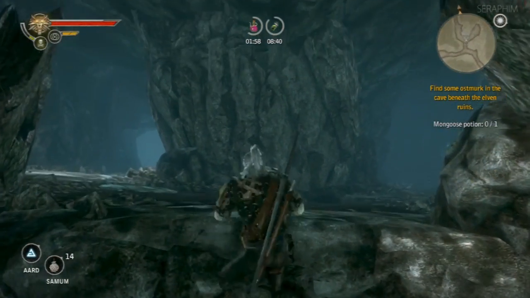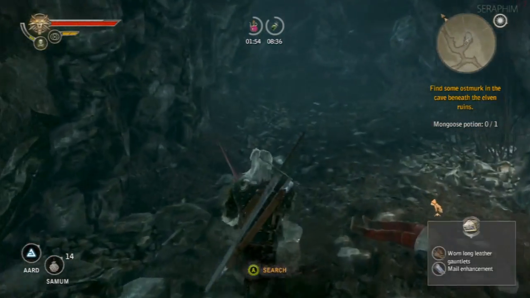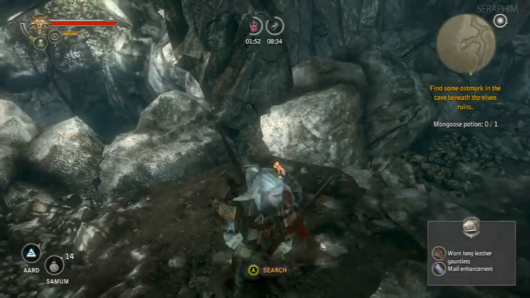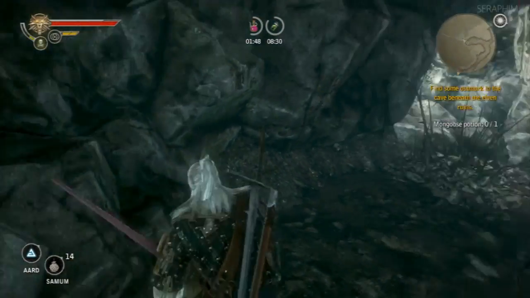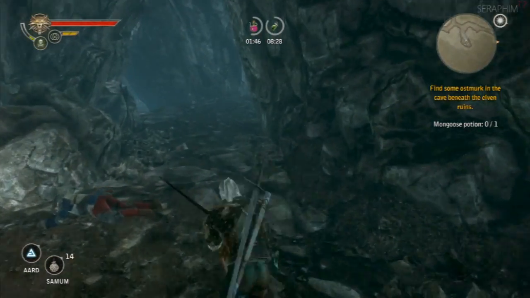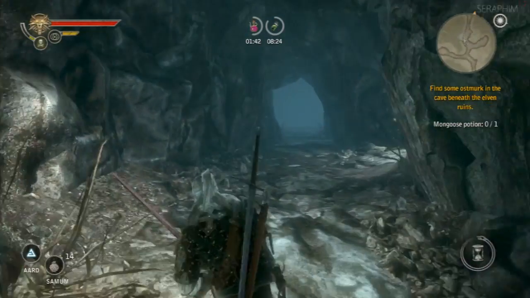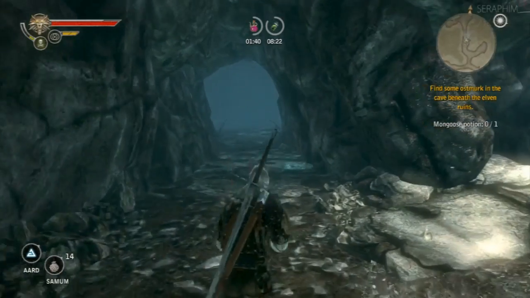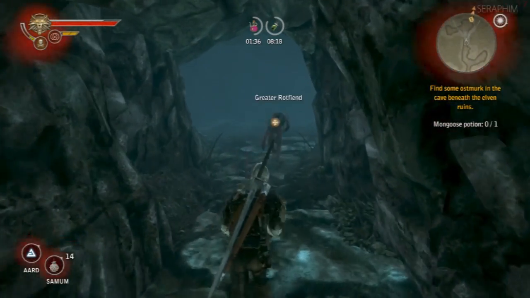Move through the caves, mantle up. I believe the left path here leads to the Rot Fiend, which is guarding the Otsmurk, which is going to make the mongoose potion. So there were some worn leather gauntlets and a mail enhancement, which, if you know what armor you're going to be using for each chapter, I recommend using the enhancements on your armor to give you that extra oomph. And here's me triggering the...